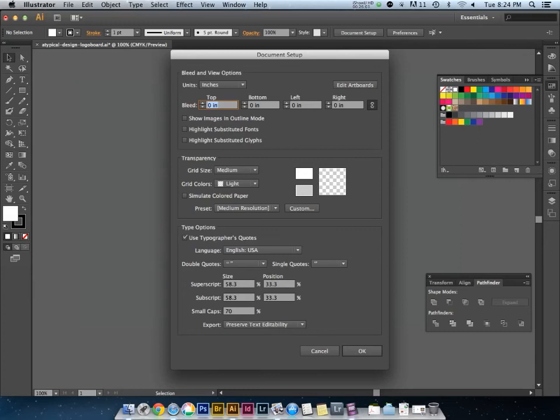So I want to see that when you turn in your files, because you'll be turning in your files in addition to, of course, the printouts. I want to see that you've applied 1/8 inch of bleed at least all the way around your artwork. That's going to be one of the criteria. So to do that, I will hit 0.125 here,